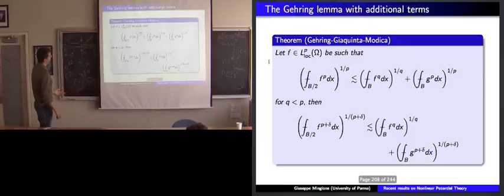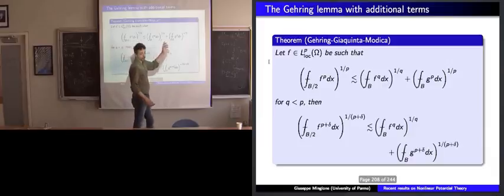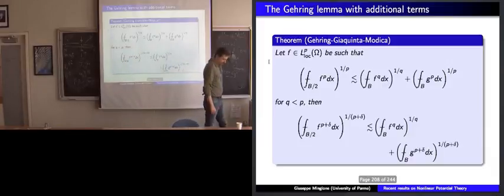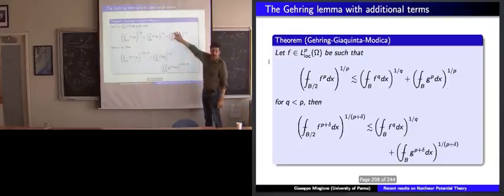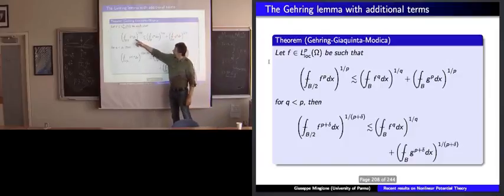What's the modern proof of this? It's going via the so-called Gehring lemma, or variations of Gehring's lemma. So, what is the original Gehring's lemma? Just forget about G is 0. If you get something which satisfies a reverse inequality, let's say from P to Q, and Q is less than P,